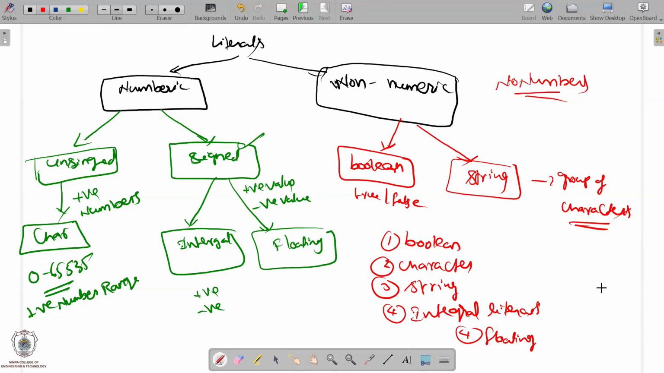And then we have a special literal. Okay, then we have one special literal which is called null literal. So this is for class type. Null is the default value for